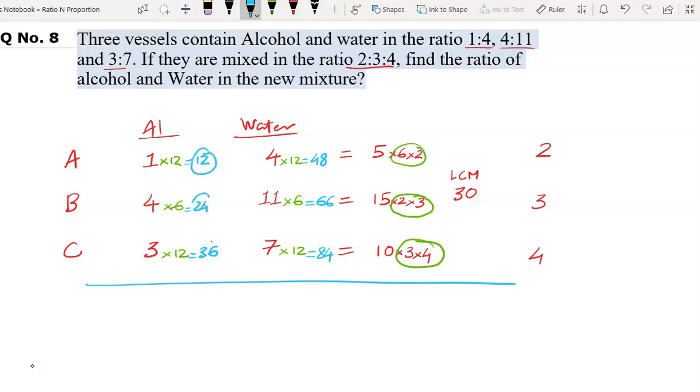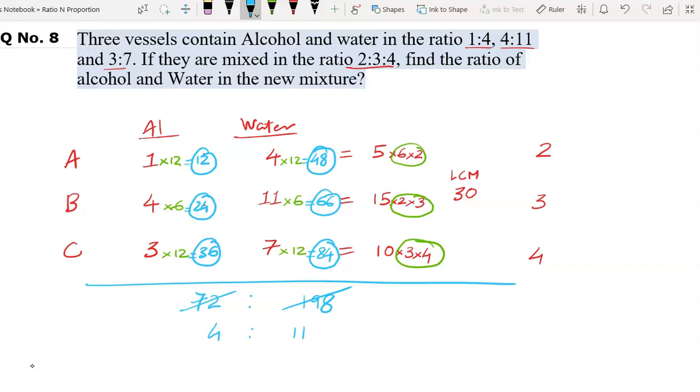12. In vessel B, alcohol is 24, and in vessel C, alcohol is 36. So if we add, we will get how much? 72. And water in vessel A is 48, vessel B is 66, and in vessel C it's 84. And if we add this, we will get 198. So if we simplify this, we will get